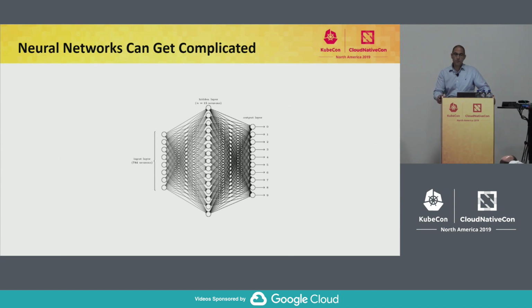This is a neural network that does image processing and predicts if an image is a digit, 0, 1, 2, all the way to 9. You can see the output on the right-hand side, and the input on the left-hand side is an image. This is a three-layer network, and as you can see, there are many connections between the neurons. The neurons are all interconnected to each other. Now, on every connection there are weights, as we said earlier, so you can assume that there are quite a lot of weights in this neural network.